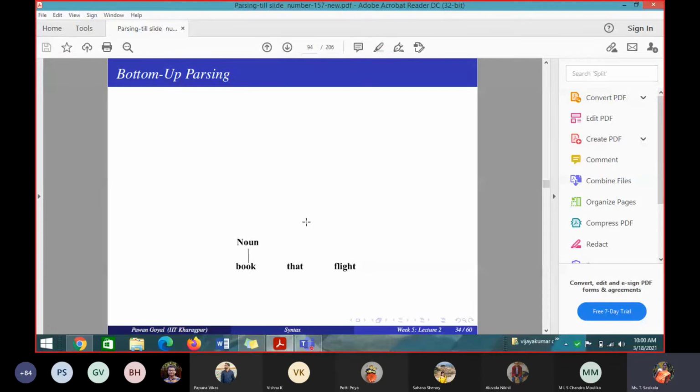Only one tracing I have given for bottom up, I think. Book from noun, noun to nominal. Nominal gives nominal noun. Noun gives that. That is wrong. I am again telling the same thing. So that is not possible. So I am taking it. Nominal gives nominal PP. Whether that rule is there. Second rule. Nominal gives nominal PP. That rule is there. Yes. But PP.